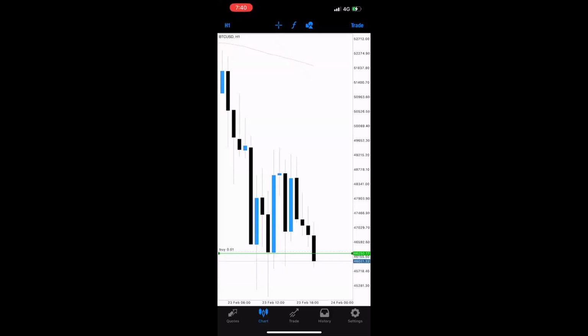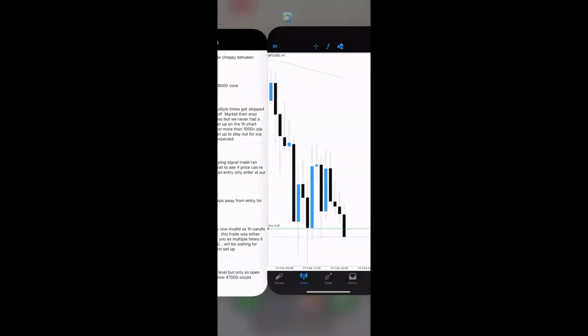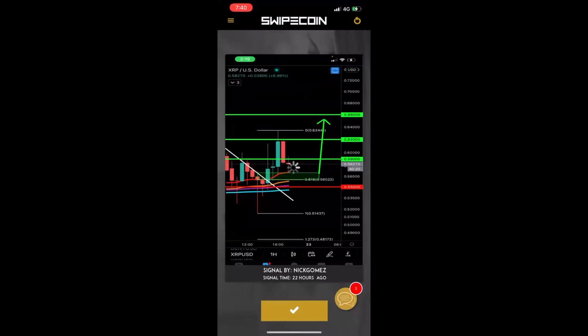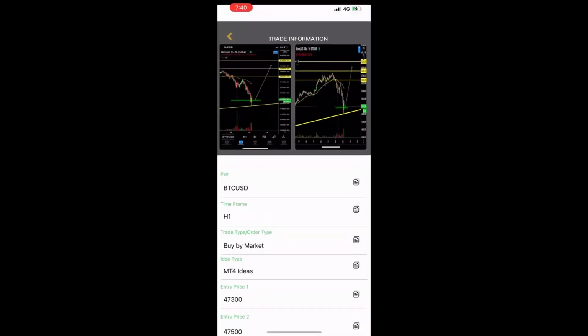Guys, does that make sense? Let me get a 1-1-1 if that makes sense, a 2-2 if you want me to break that down again with the hourly closures. So what do I mean? Picasso is going to send out certain levels. For example, if we look at one of the most recent trades he sent,